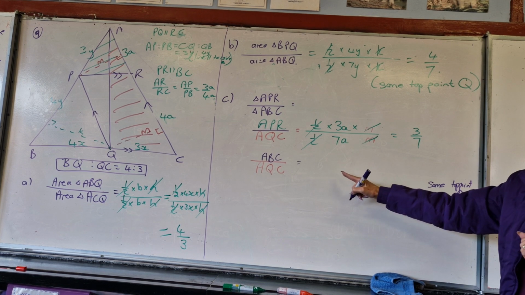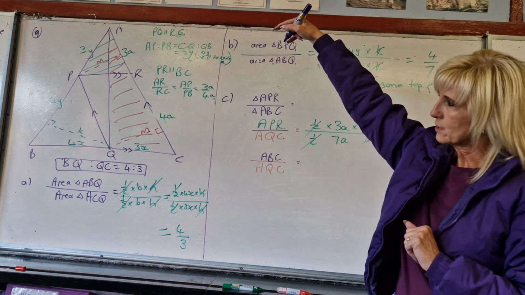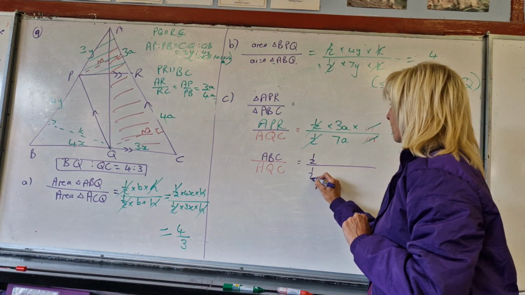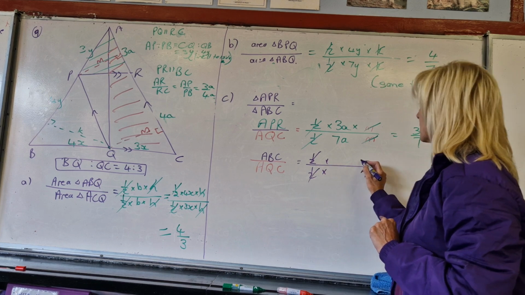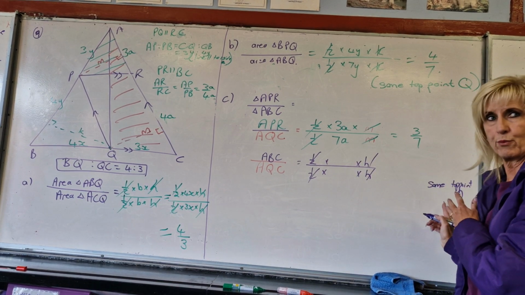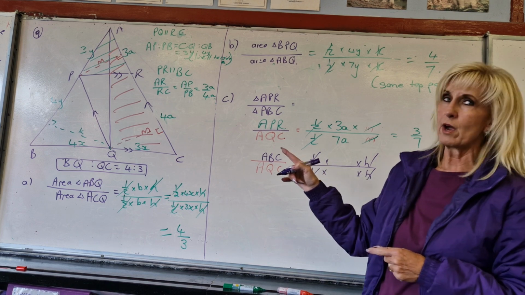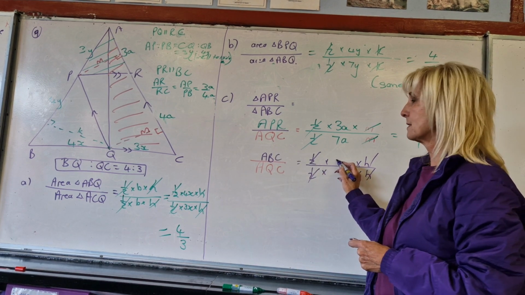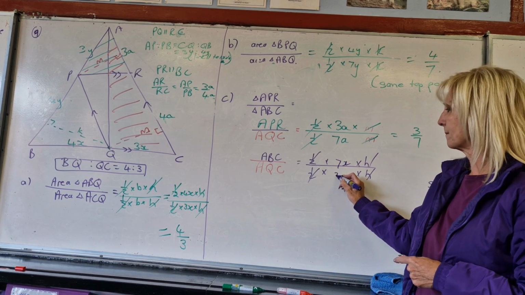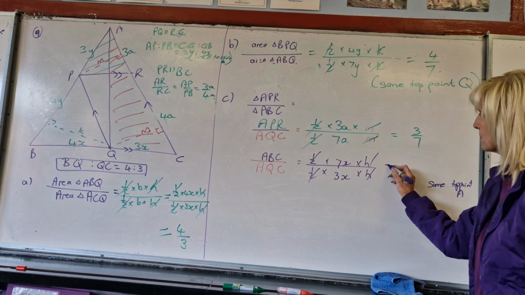For both of these triangles, the top point is A, so the heights will be the same. Both cases, again, the halves would cancel out. So the heights, which I haven't drawn in, will cancel out because they come from the same point. The base for the big triangle is 7x, and for the smaller red one is 3x. So that this ratio is,